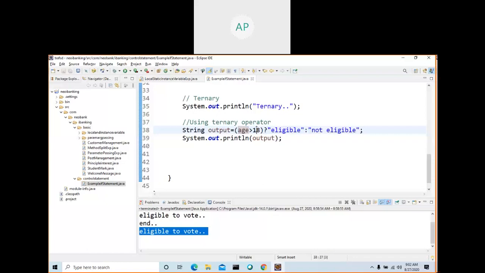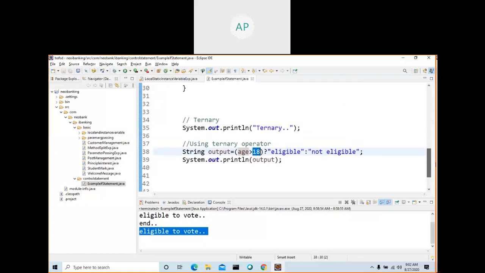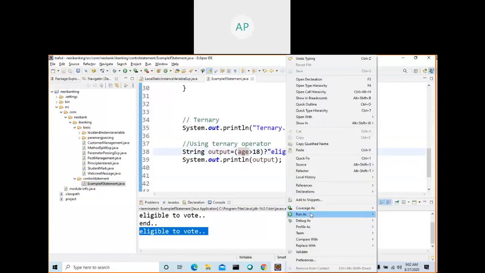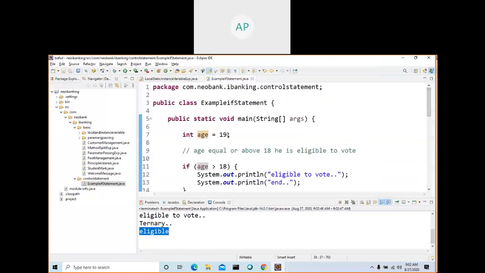If age greater than 18, what is our age? 19. Yeah, success, now it will print eligible. See here after ternary, eligible. So make age here 16.